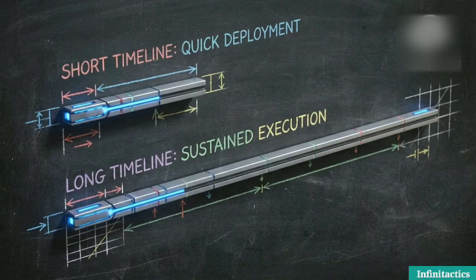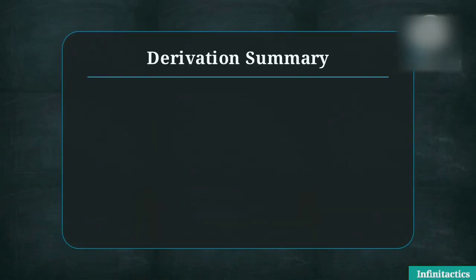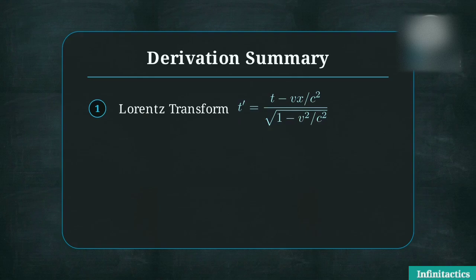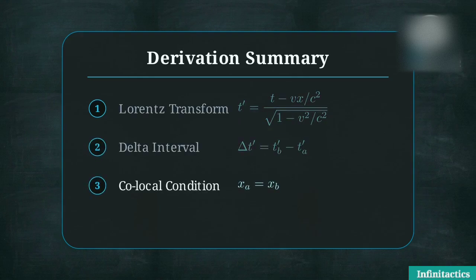Because the Lorentz factor is always greater than 1, the resulting math shows that the moving observer's time interval, delta t prime, must be stretched compared to the proper time. This summary card outlines the 4 critical steps we took. We started with the base Lorentz equation, set up a subtraction interval, applied the co-local condition to strip away spatial dimensions, and arrived at the final result,